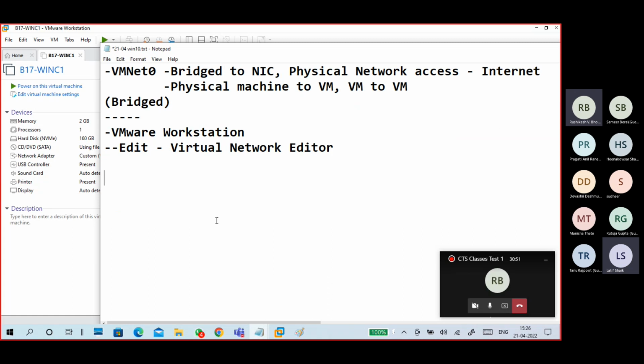Before going to that, in your machine, go to Run and type ncpa.cpl.